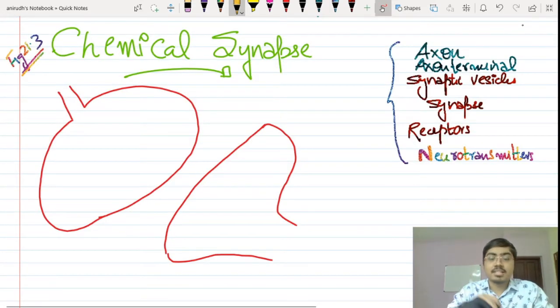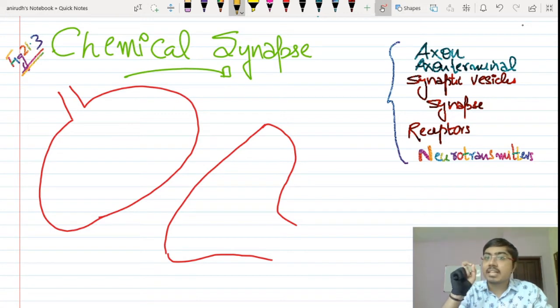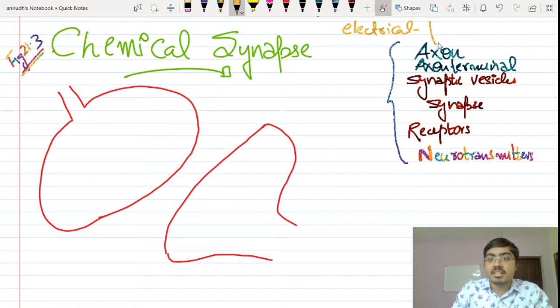So guys, as we have discussed, there are two types of synapses, electrical and chemical. Which of these will be faster? Electrical is faster. So you can add this point over here: electrical synapse has faster transmission. The impulses are transmitted very quickly because it is electric current. You know how little time is required for current to reach from one point to the other. It is very fast. And chemical is slow.